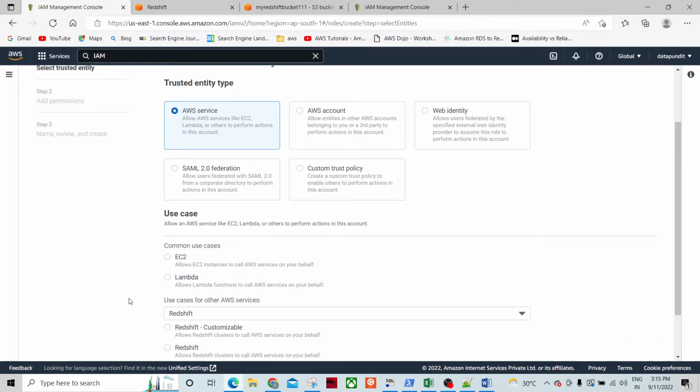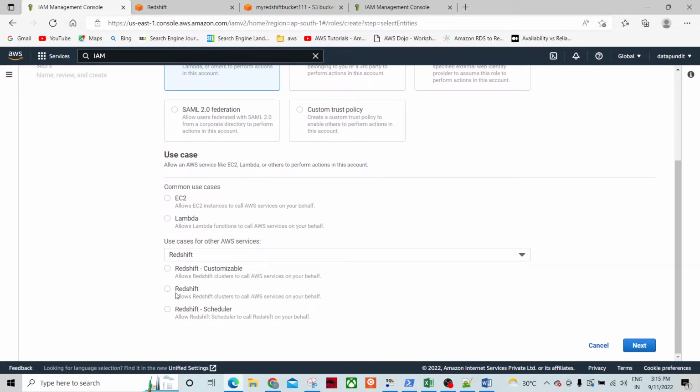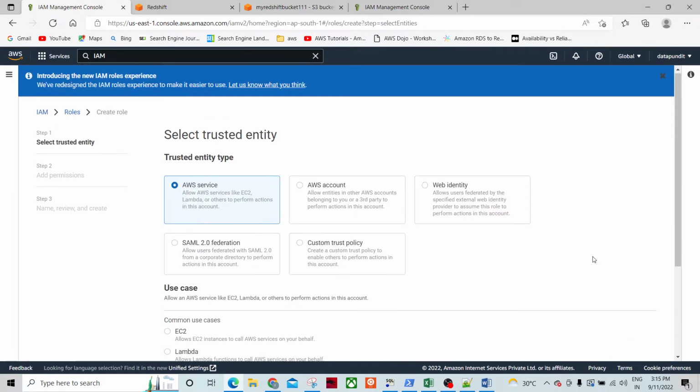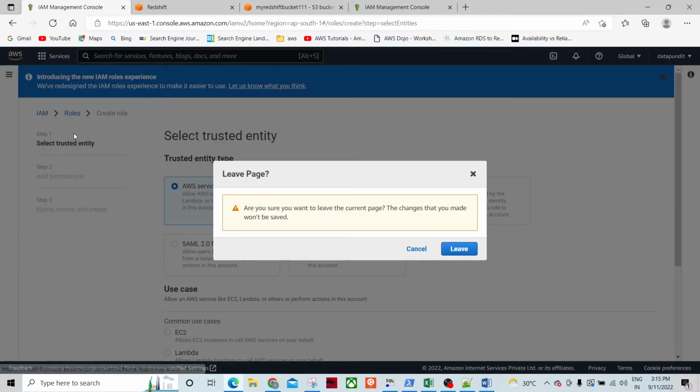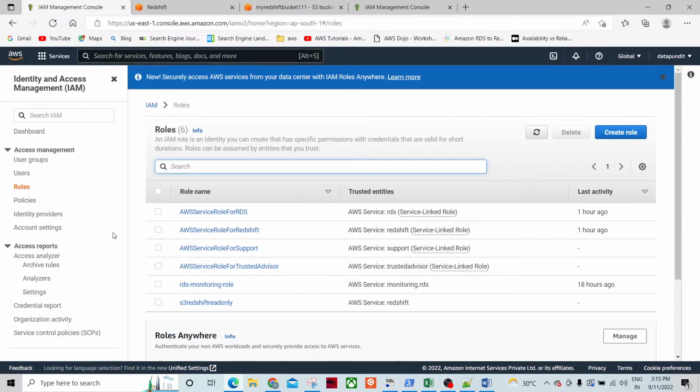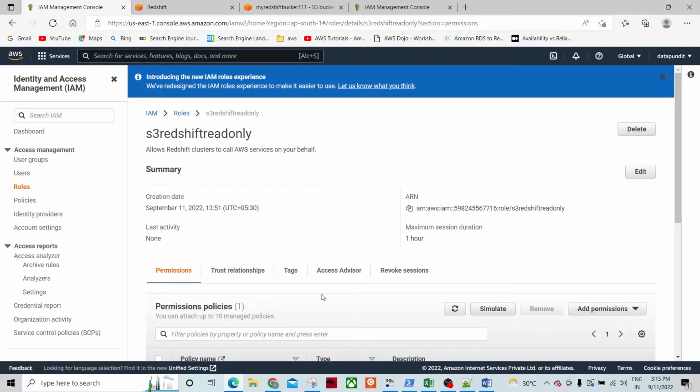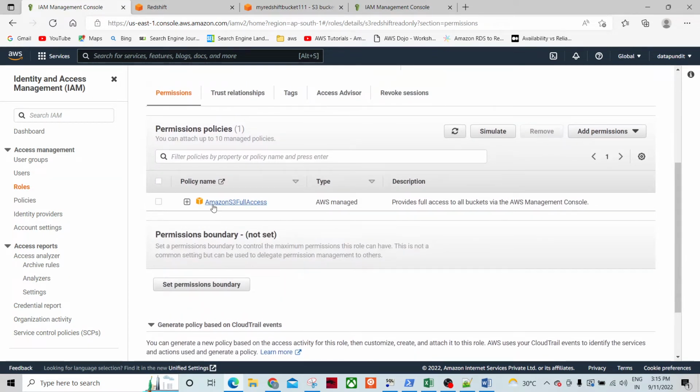So okay, then you can provide Redshift customizable or Redshift anything. Then you are going to create the role, go to next, give the name and give the policies. I am not going to do it because I have already done it multiple times. If anybody does not know how to create the roles and all, you can go through those earlier videos in the AWS playlist. So I have created this role, and I have assigned this policy, Amazon S3 full